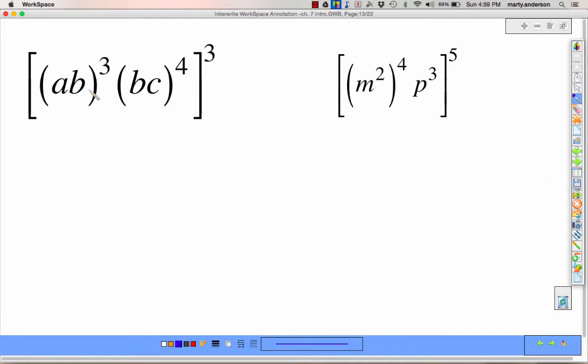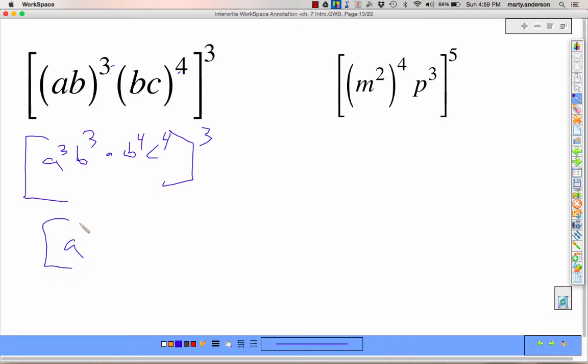You can do this one a wide variety of ways. Let's simplify what's inside these brackets first, and then we'll raise everything to the 3rd power. Or I can do a cubed, b cubed times b to the 4th, c to the 4th, and then I could make that into a cubed, b to the 7th, c to the 4th, and I could then raise everything to the 3rd. 3 times 3 is